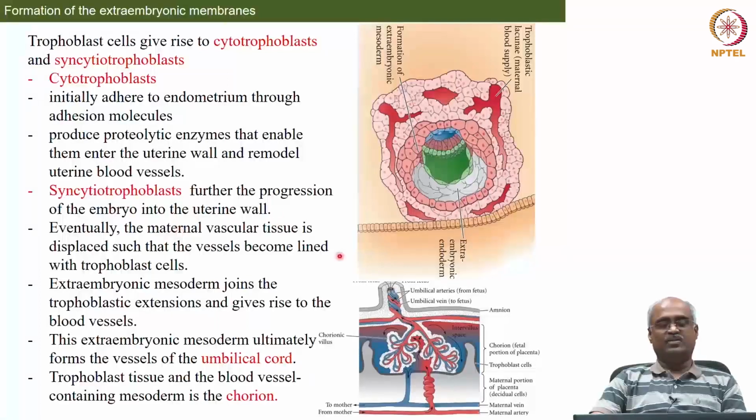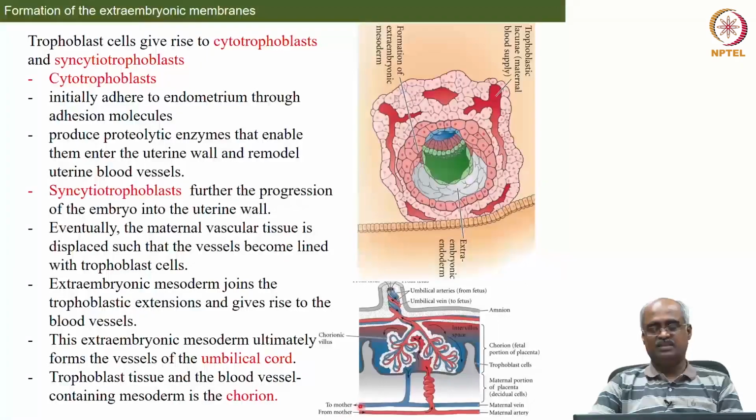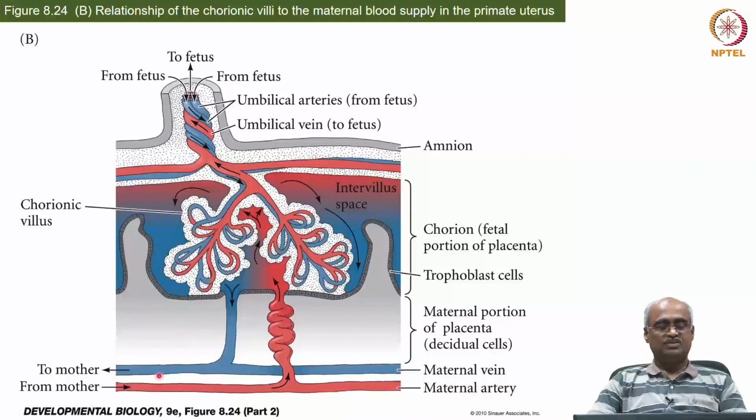So, eventually what they are going to do is they are going to line the maternal vascular tissue. So, basically they are going to dissolve. See, this is in the bottom image. So, we have a close up view in the next slide. Yeah. So, this is the blood vessel from the mother, so the mother's tissue, and these trophoblast cells are going to line those blood vessels. See, you see here the blood vessel basically now ends here and it opens up into a wider area rather than being a tube like structure, lined by these